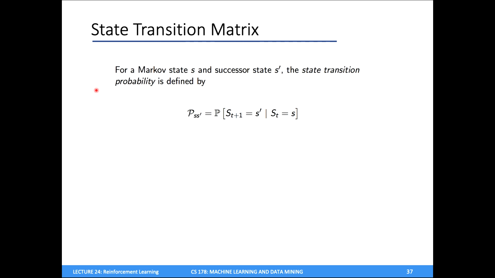For Markov processes, we can really characterize them using what's called a state transition matrix. So if I start out in some kind of state S, and I have some kind of successor state S prime, i.e. what state I'm going to be in at the next time step, the state transition probability, P sub S, S prime, is the probability that my next state is S prime, given that I'm currently in the state S. And again, using this Markov assumption or Markov property, knowing the current state S is sufficient for me knowing this subsequent state S prime.